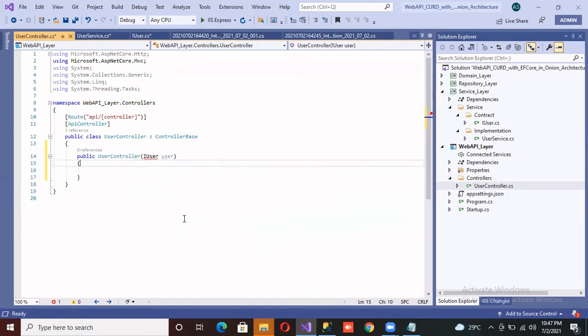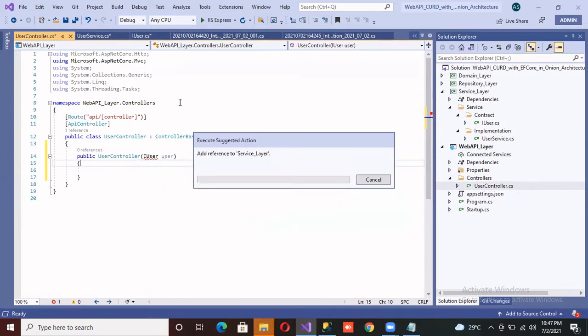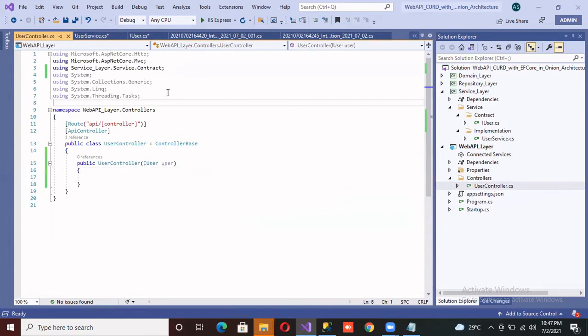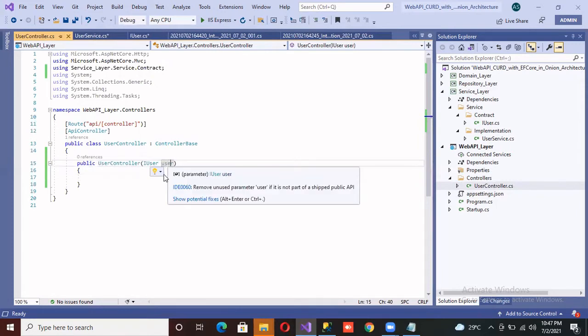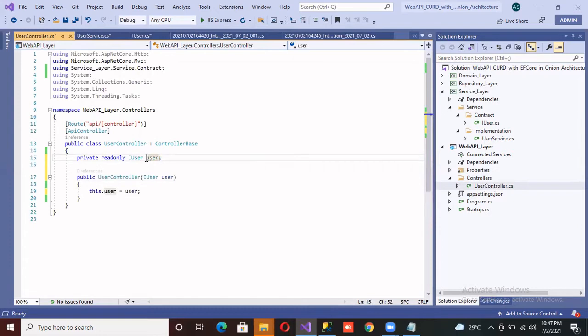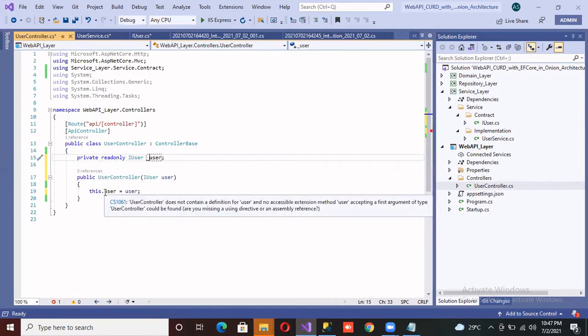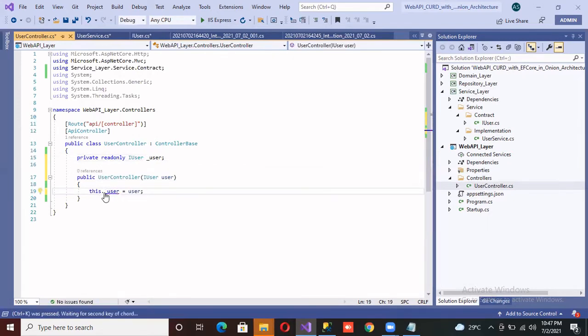First I'm going to add the reference, and it will automatically add this reference. So you can check that using service layer.service.content. Okay, so now I have to initialize a local variable as well. The local variable. Save.